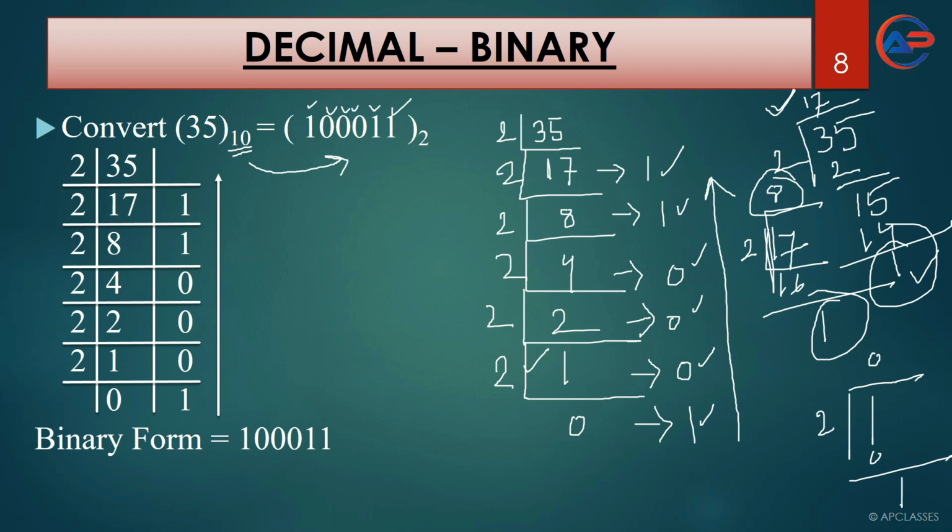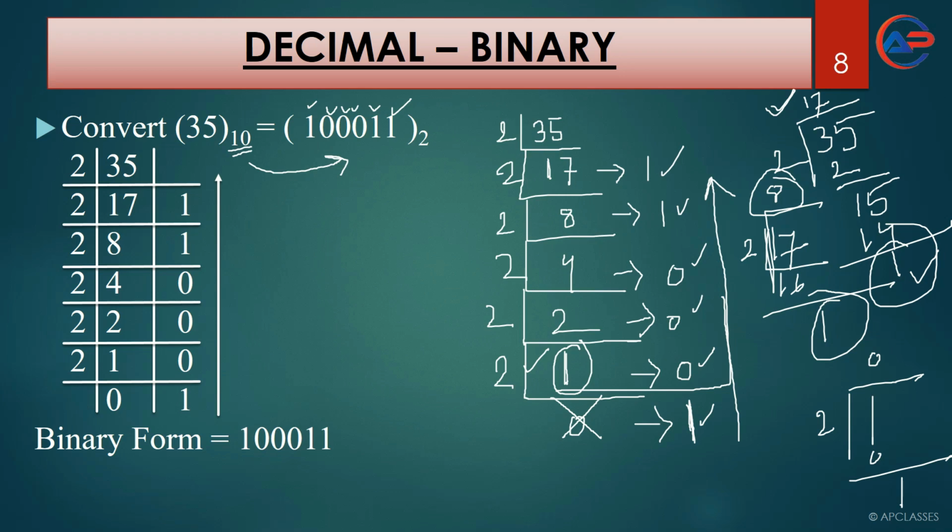Now, if you don't want to do this process, please be very careful. If you don't want to do this process, then how do you have to consider? You have to consider like this. This 1 needs to be considered, this 0 needs to be. You can see that here we have a 1. When we divide it by 2, the same 1 is written here. It comes as a remainder, and the same 1 is written here.